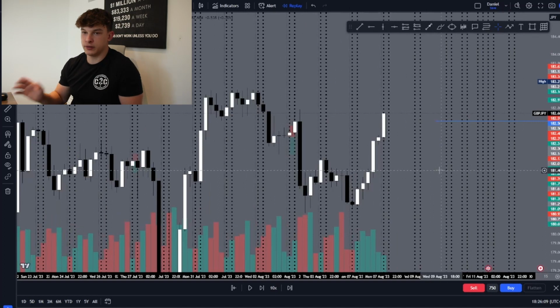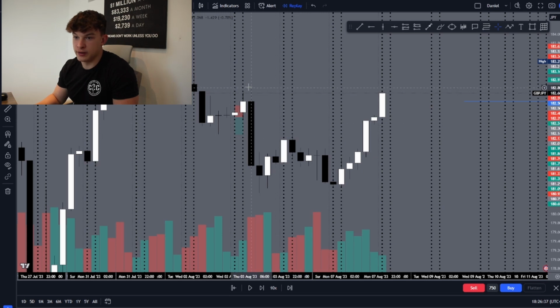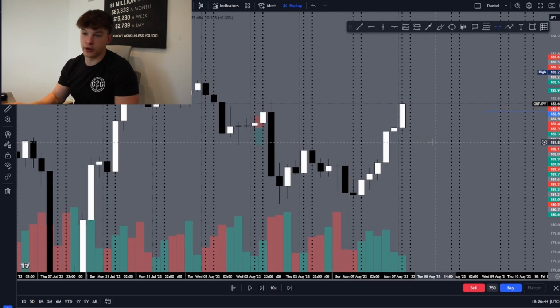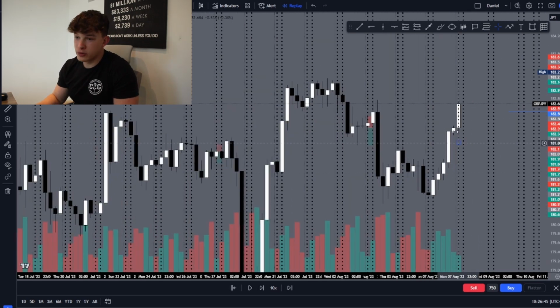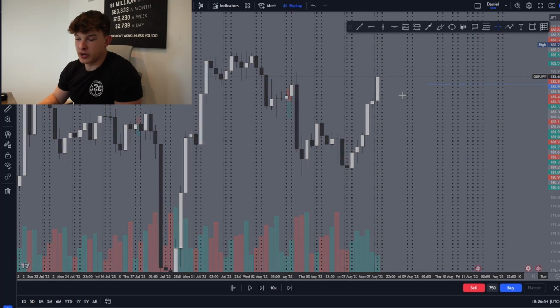Looking at this, I was establishing a bias. As you can see, past few days we have been bullish. Swept these highs, took them out and almost taken out these highs here. But yeah, broke structure on this candle, so I'm definitely going in bullish. If they hadn't broken and they had rejected, I probably would have gone bearish for the bias, but no, 4 hour was bullish. Breaking it down to the 1 hour,